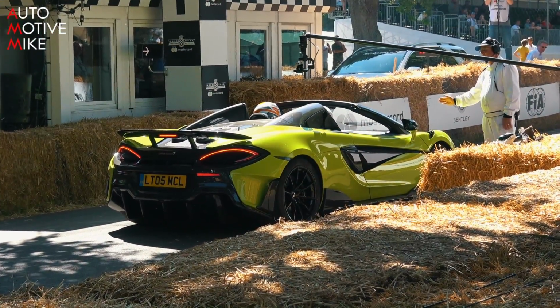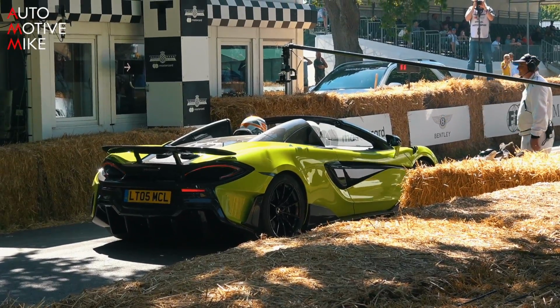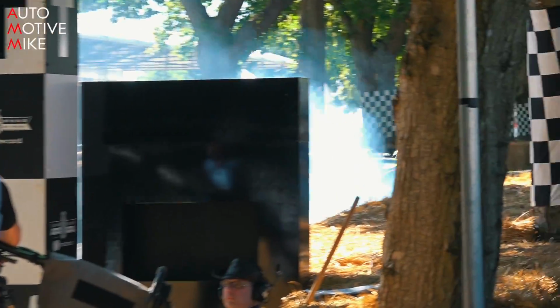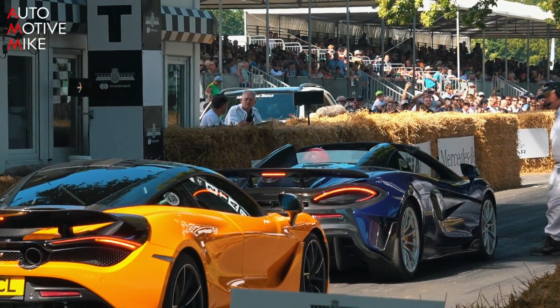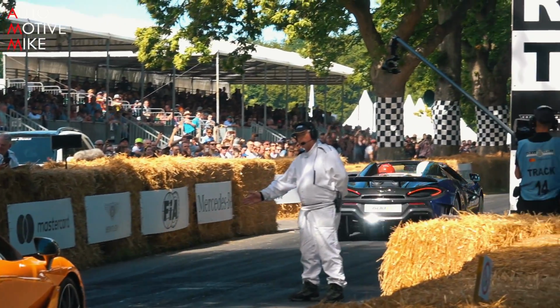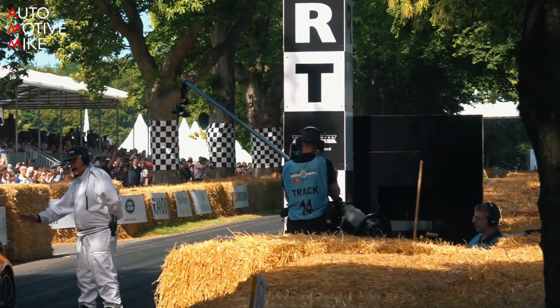Not normally you see him facing the wrong way, but he's behaving today. Having a lot of fun behind the wheel with the Ford ST as it whooshes its